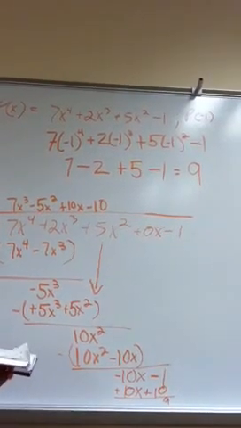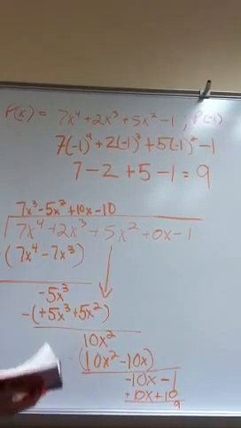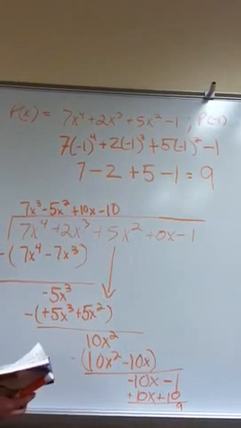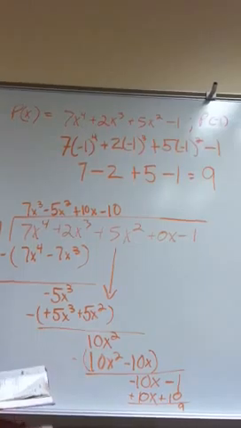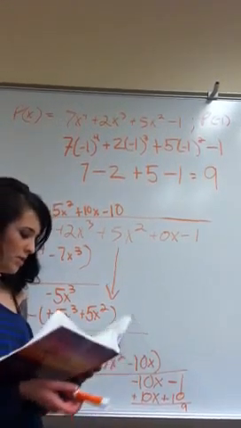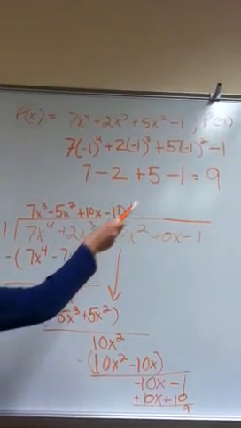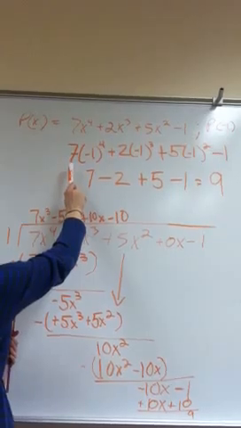So for number 13, we're supposed to find each value by substituting the given value of x into the polynomial and simplifying, and then find the value by doing long division and finding the remainder. For number 13, they give us -1, so I just put -1 back into the polynomial, and I get